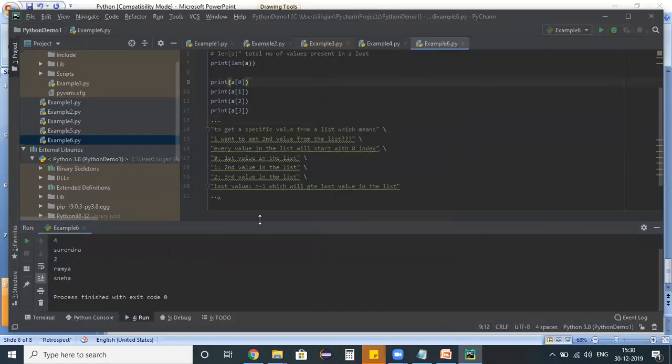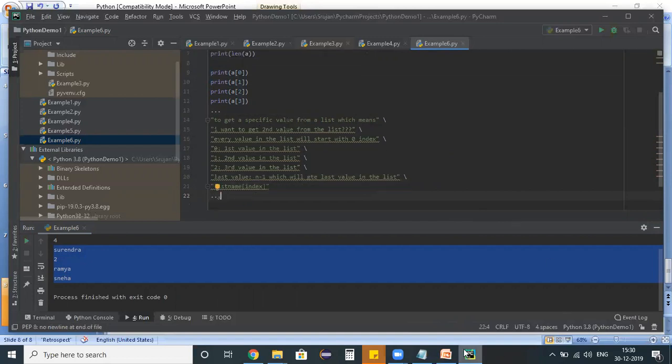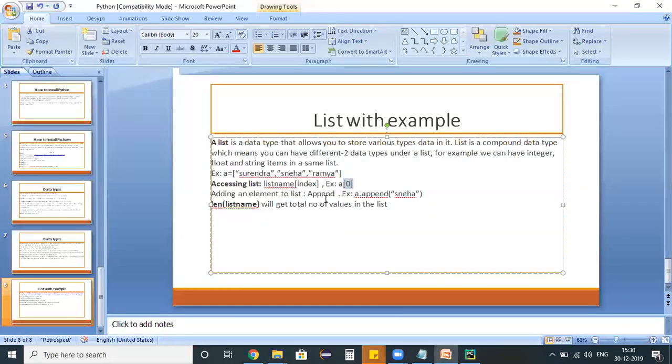And when I run my example 6, see, the individual values in the list got retrieved and printed to the console. So in order to access the individual values from a list, the syntax is list name of index. Automatically it will capture that particular value from the list.